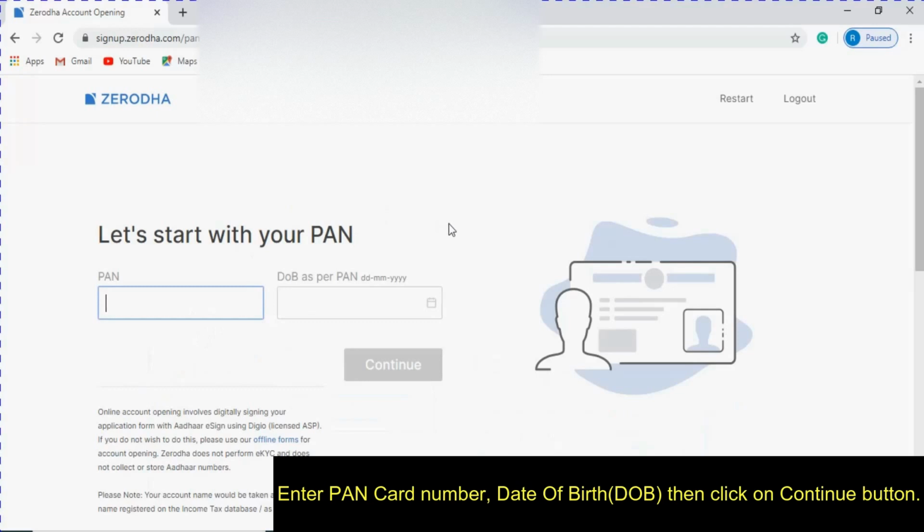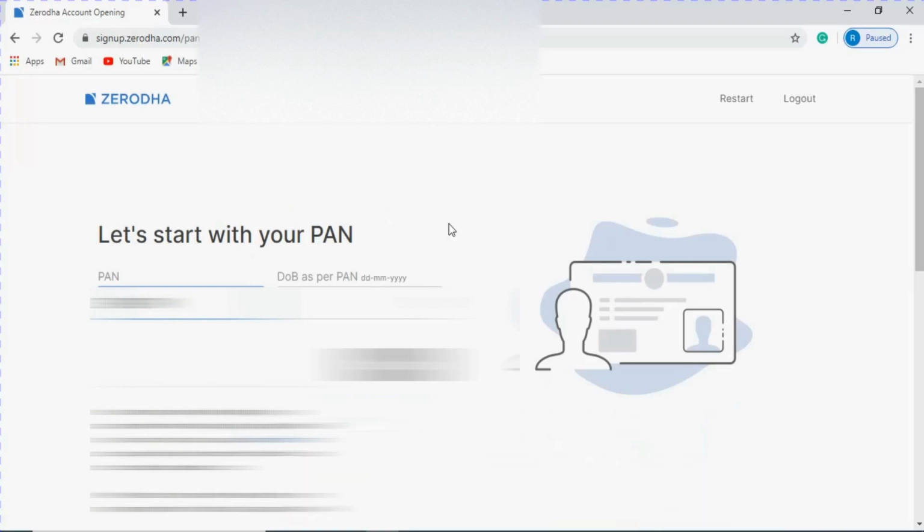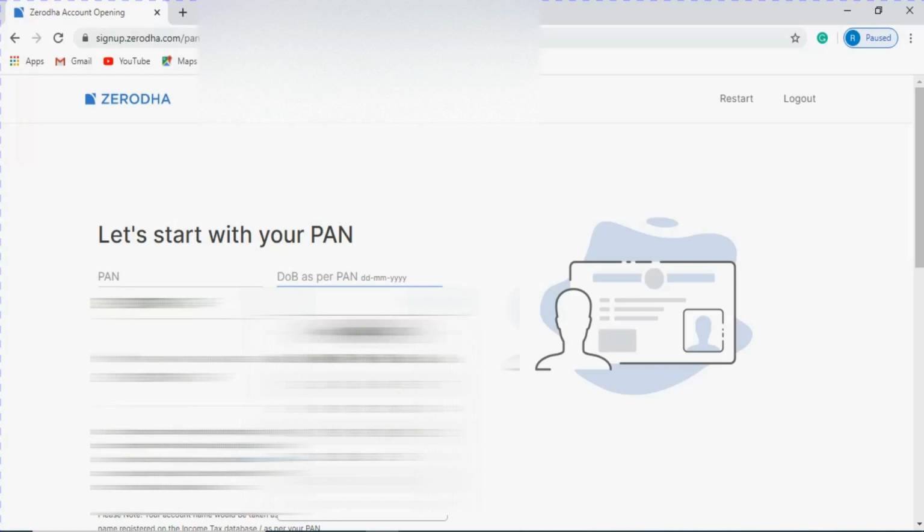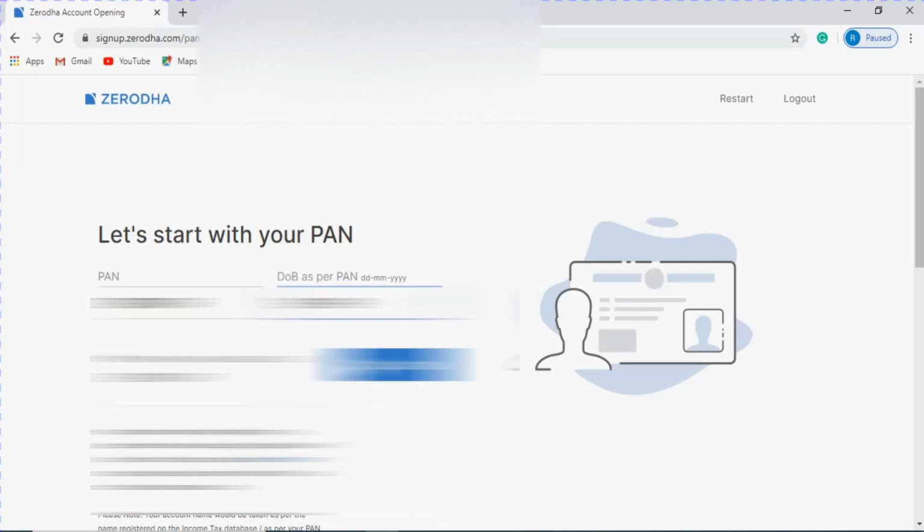Kindly enter the correct PAN number and date of birth. I have entered all the details and I just click on the continue button.